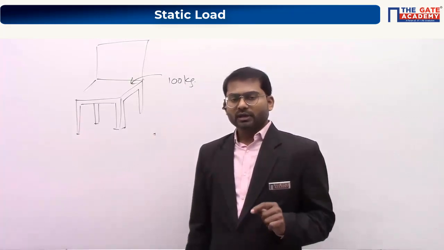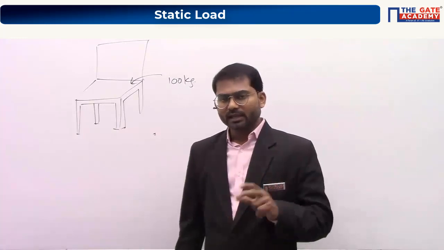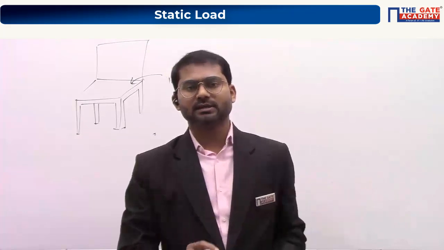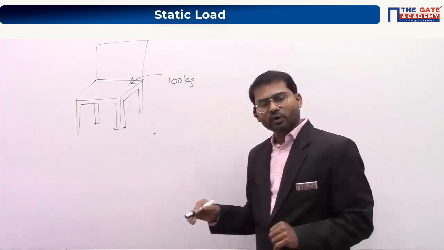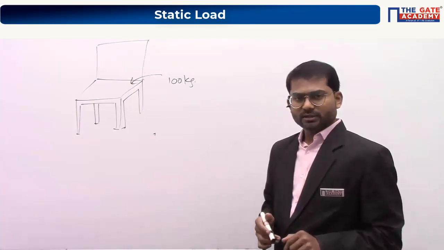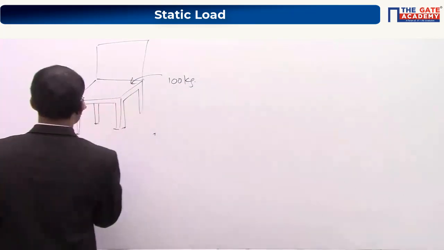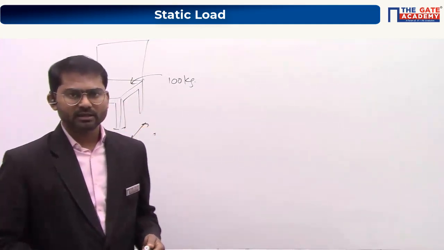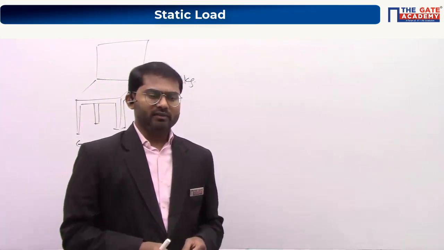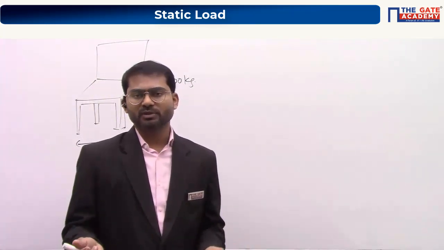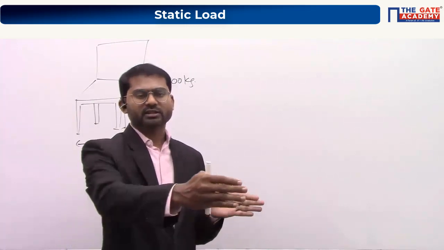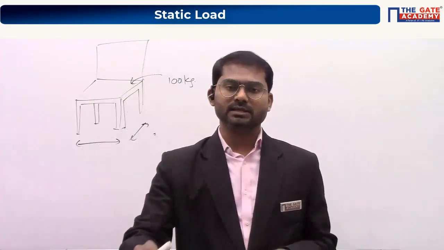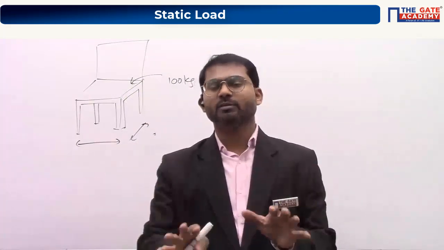Understand? So in designing of a chair, what can you do? In elevators, we can put a warning sign, and the elevator will not move until people come down. But in the chair case, what can you do? You take the size of the chair in such a way that, generally, based upon the area of the chair, people will be sitting. For example, you have a 3 plus 2 plus 1 sofa: a sofa where 3 people can sit, another sofa where 2 people can sit, and another chair where one person can sit.